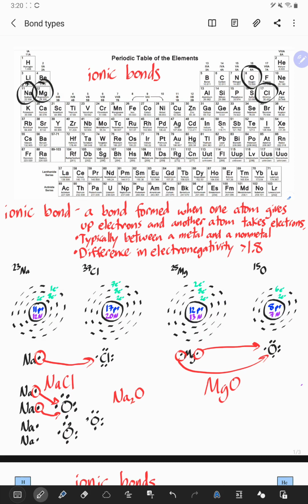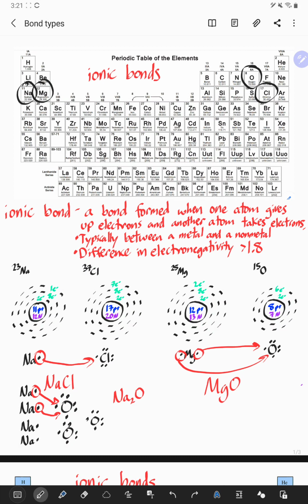In the last video, we talked about what an ionic bond is, and we said that it's a complete transfer of electrons. It's a bond formed when one atom gives up electrons and one atom takes electrons. There's no sharing involved. One atom is completely giving away its electron, saying, "See you later," and doesn't want to see you again. And the other one is taking the electrons gladly, and both atoms are happy because by giving away their electron or accepting an electron,